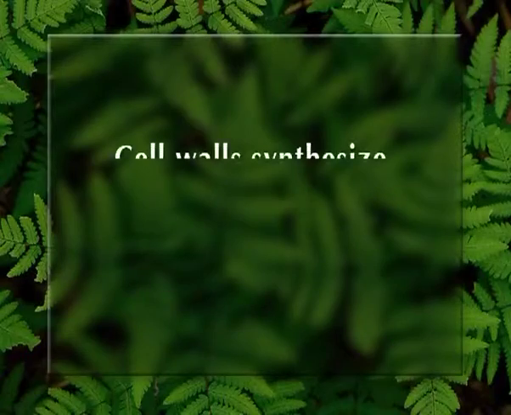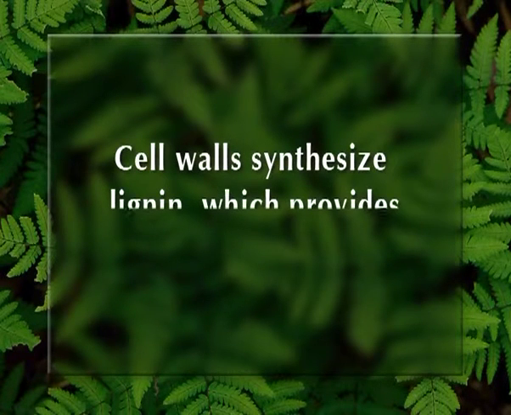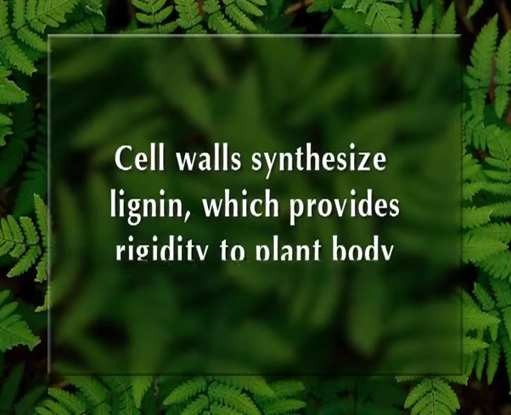Also, in the vascular plants, the cell walls synthesize a complex polymer of phenolic compounds called lignin, which provides rigidity to the plant body in order to reach great heights. Presently, a number of groups of plants are recognized, both living and extinct. Traditionally and more commonly, the three main groups of plants under the vascular plants are